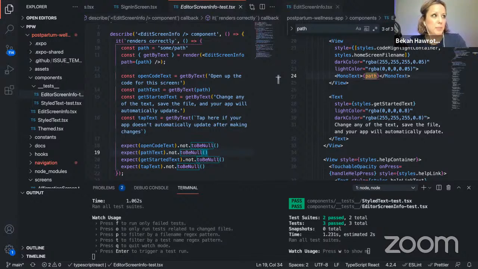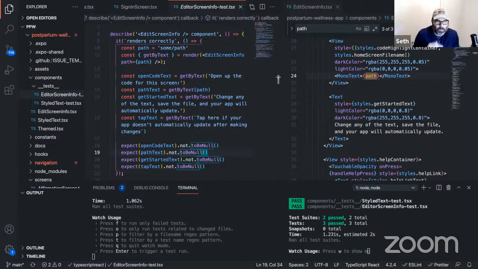Yeah, and this is a pretty basic test. You just want to make sure that it's there. But other tests, I think you really want to test the functionality. Is this clickable? Does it take you to the place that it needs to be, right? You want to be testing as a user would be testing or using your software.